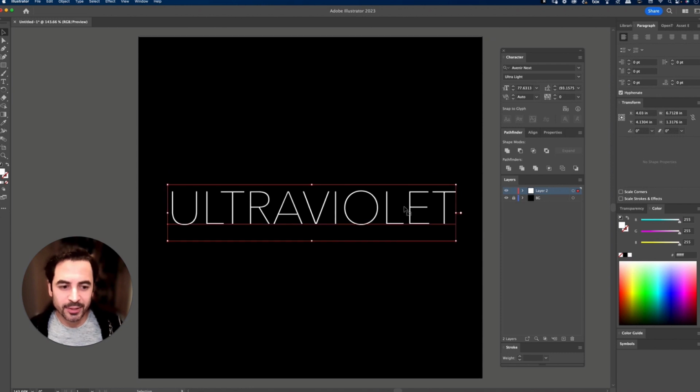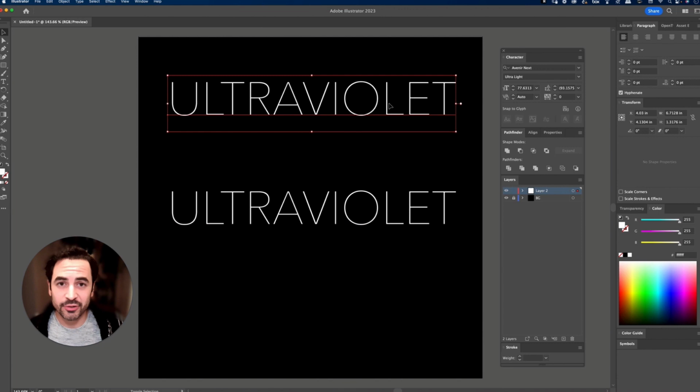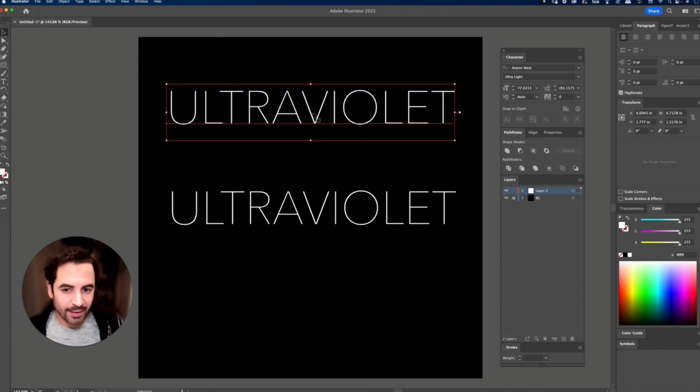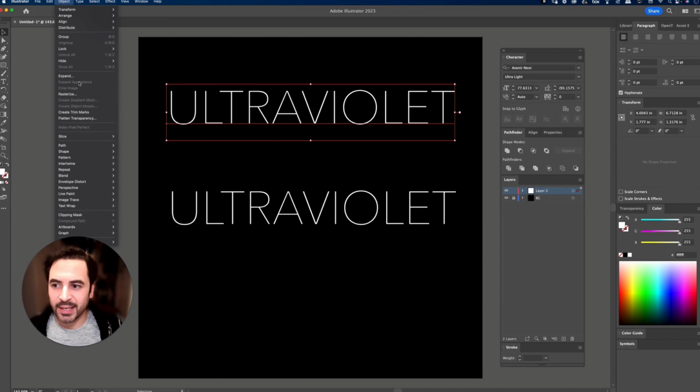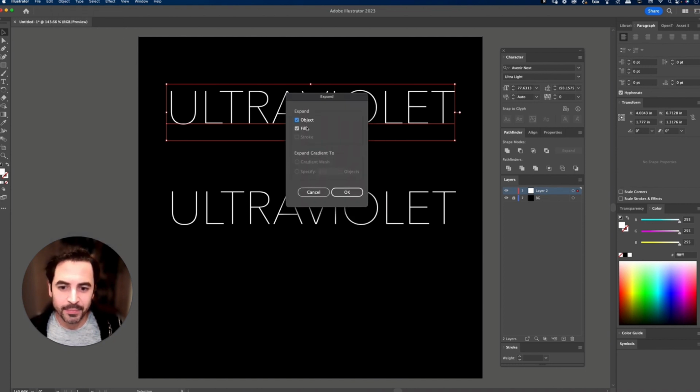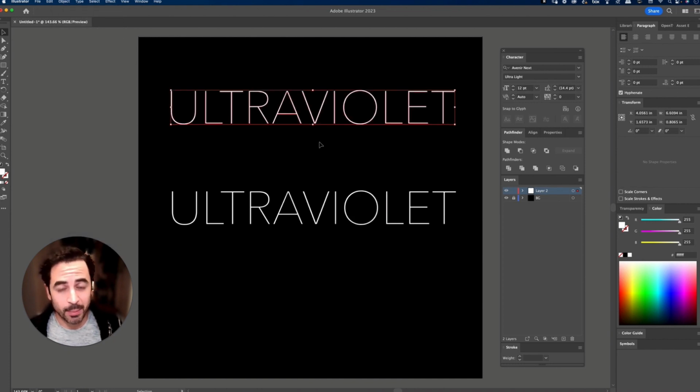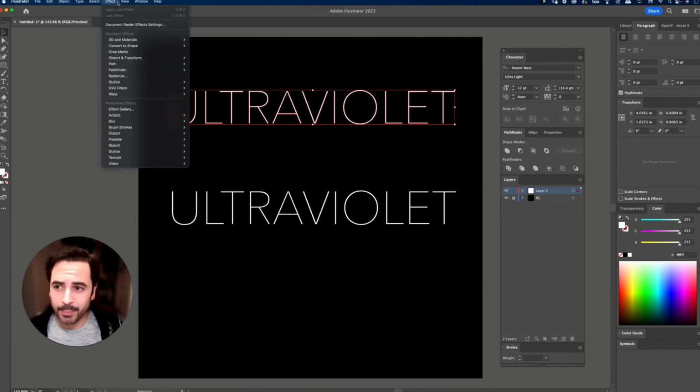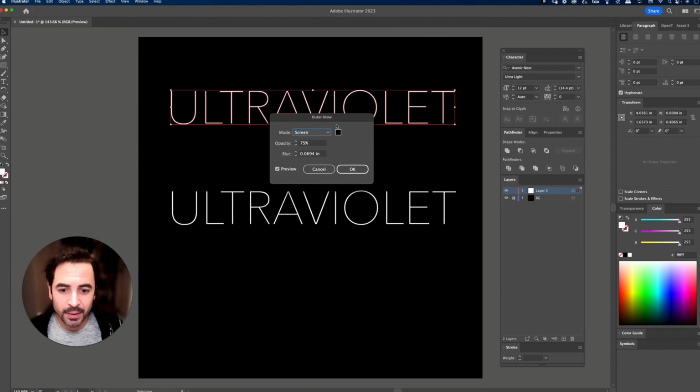So what I'd like to do here is create a copy of this by holding Option and Shift, and then I'll click and drag. And first, I kind of want to show you the way that I think most people probably create outer glow effects in Illustrator. And that would be, once we have our text, going to the Object menu, clicking Expand, and then basically converting this into a shape. From there, you might end up going to the Effect menu, choosing Stylize Outer Glow, maybe